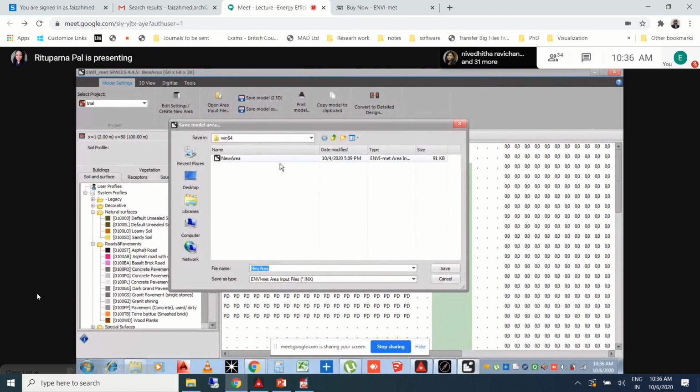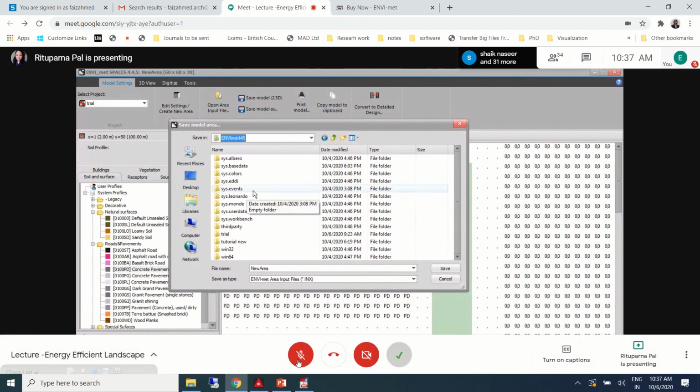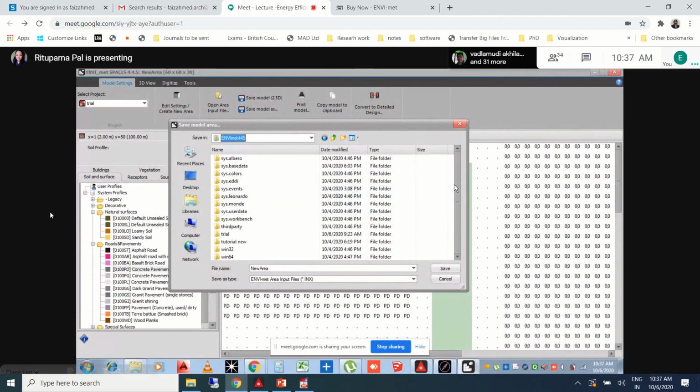Yes, ma'am. Okay, you find this directory where it says save in. So you click on this drop-down option, and as you can see, in local disk C, NVMet 445 has been installed. So you click on this NVMet 445,